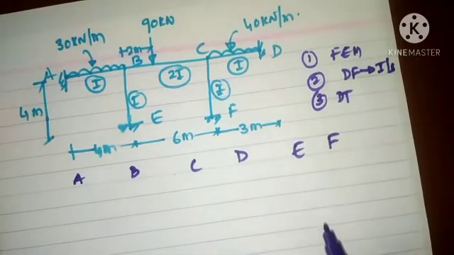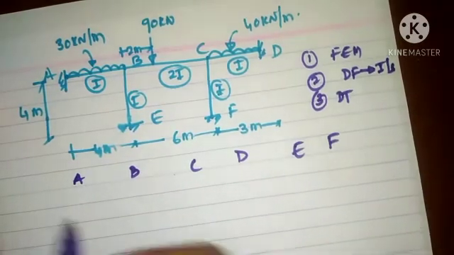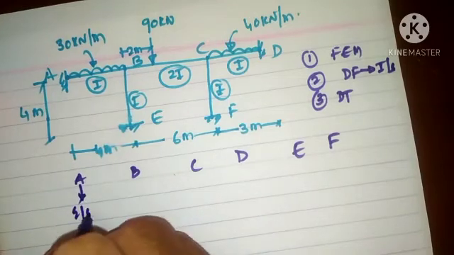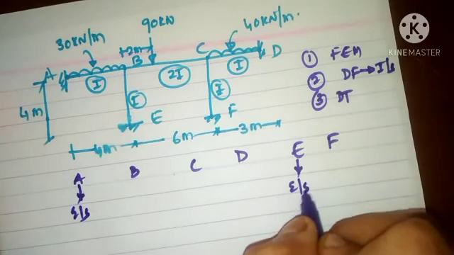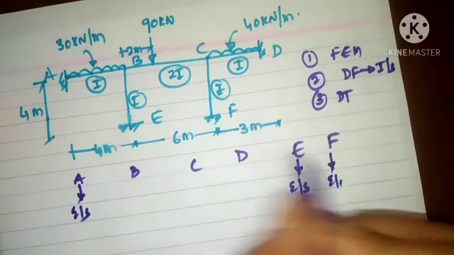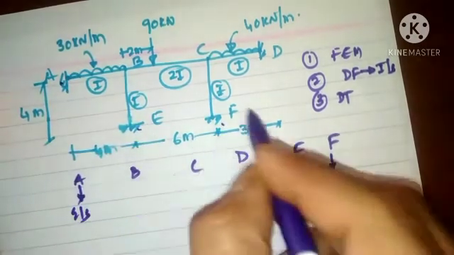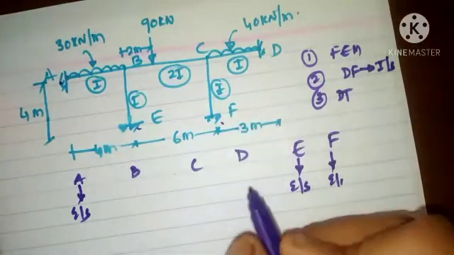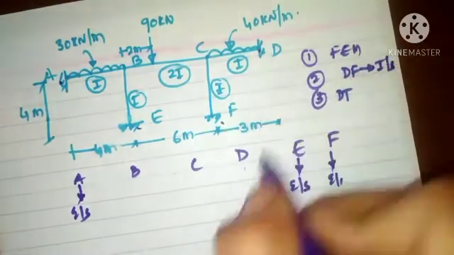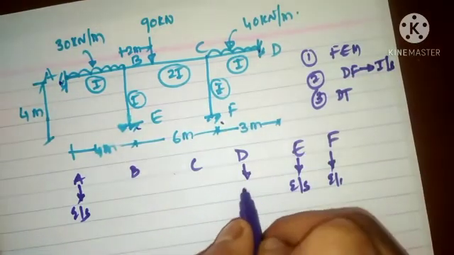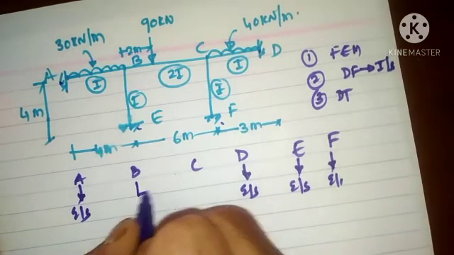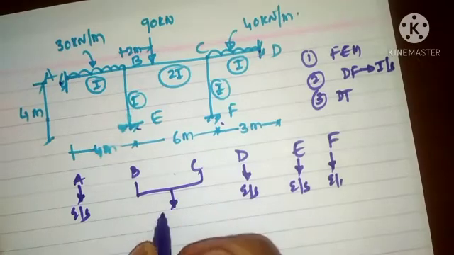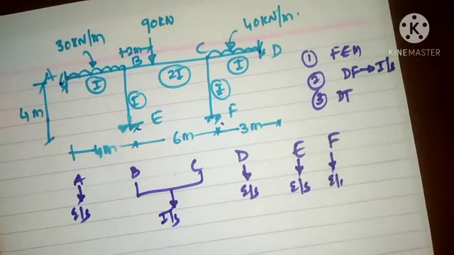There are 6 supports. Amongst these 6 supports, A is an end support, then E is also an end support, F is an end support. A, E and F, because beyond A, E and F you don't have any continuity. Likewise beyond D you also don't have any continuity, so D is also classified as an end support. Whereas on the other hand, B and C will be called intermediate supports.